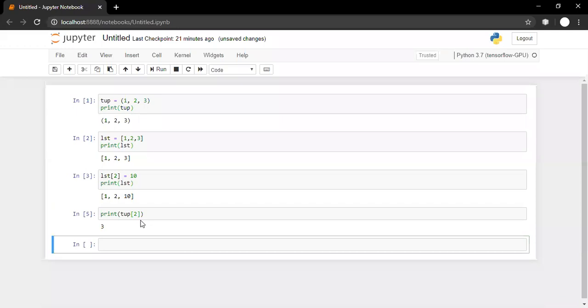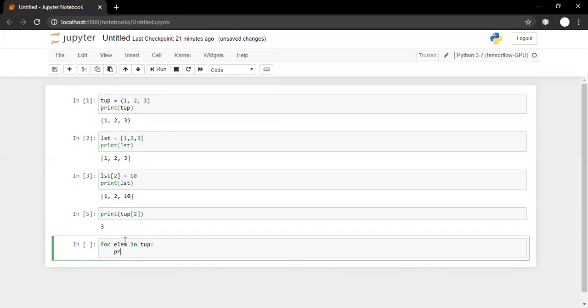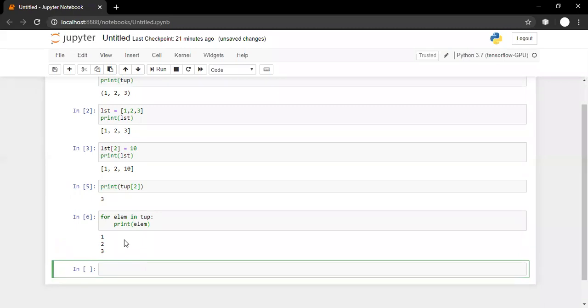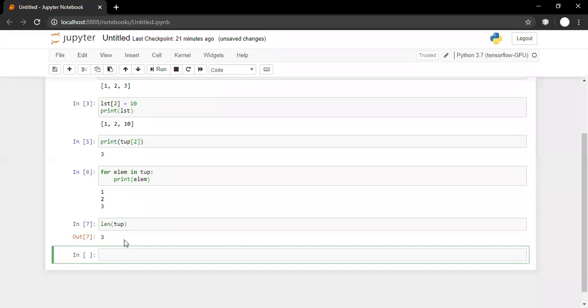Other than that, all possible operations that you can perform on list, you can perform on tuple also. For example, if you want to iterate through the elements of tuple, I can say for element in tup, print element. Can we do it? Yes. If we want to identify the length of tuple, yes, we can do it. There are no problems. Things are easy.